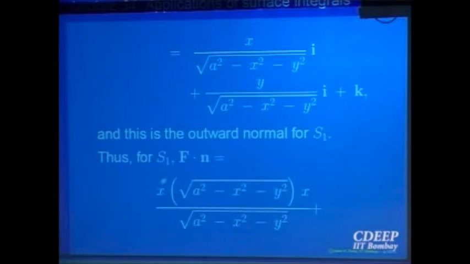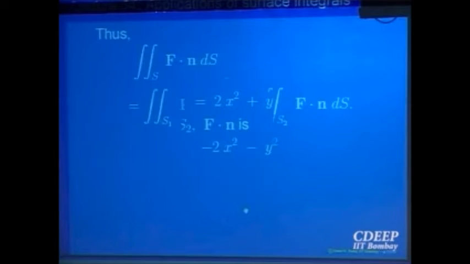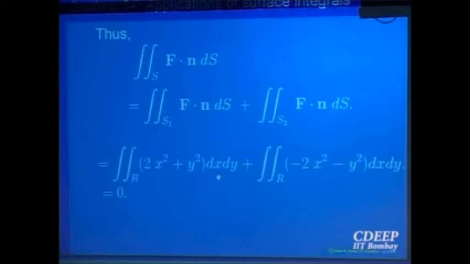So now we can write f dot n, right? F we know, n we know. So write f dot n, compute and simplify it, and it comes out 2x square plus y square. Let us similarly compute on S2, the lower part of the sphere. F dot n: once you compute that, you will see it comes out as the negative of that. A similar calculation, right? When you add, this negative of that, the answer is equal to 0, right?